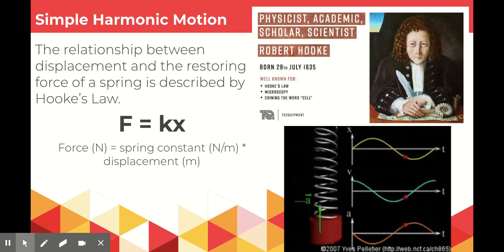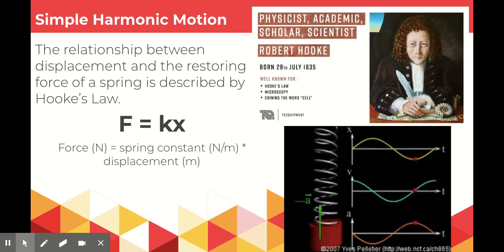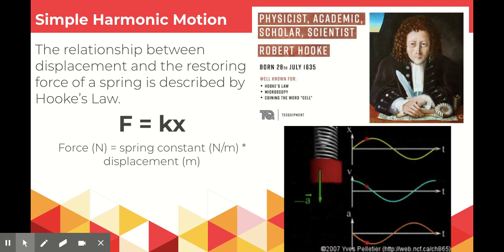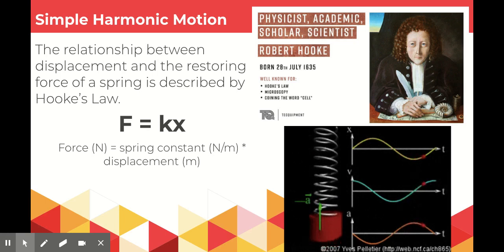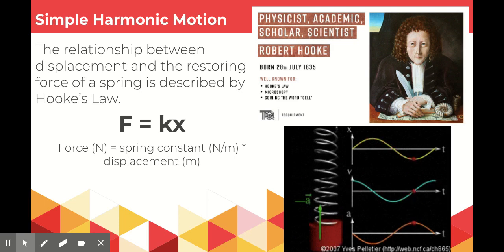So again, this was Robert Hooke. He was the one that came up with Hooke's law. He also is widely known in biology. That might be where you recognize his name from. He was the first person to ever come up with the word cell to describe the cells in living organisms. He was the first guy that took a slice of cork and looked at it under a microscope and called that a cell. So he was widely known in many different areas, but he came up with Hooke's law also,